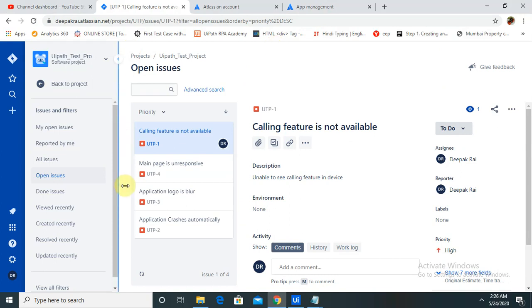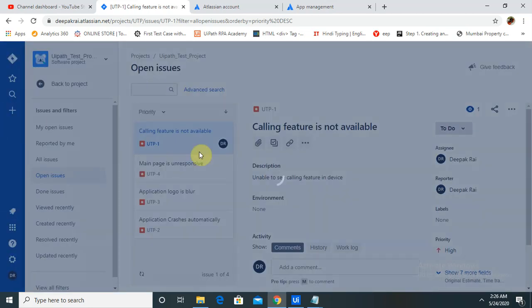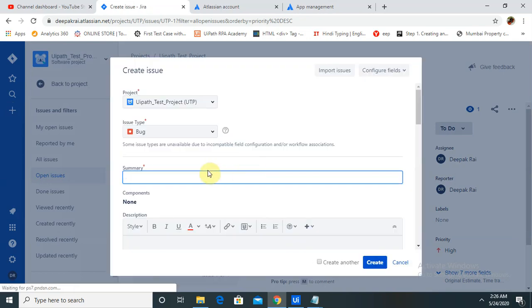If you want to create any defects, just go here, first select the project name, select the project, then the issue type, then write the summary.